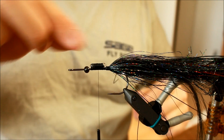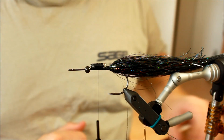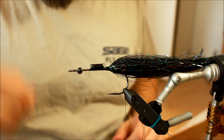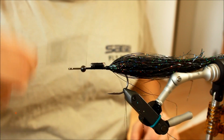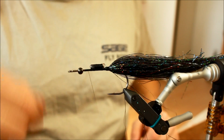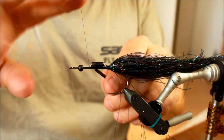And that's going to stay there, and that's going to make some noise out in the water when you're pulling this in. Good. If you want, you can kind of glaze all of this in a lot of super glue just to make sure everything stays in place. I'm just going to make a whip finish here, because what we're going to do now is